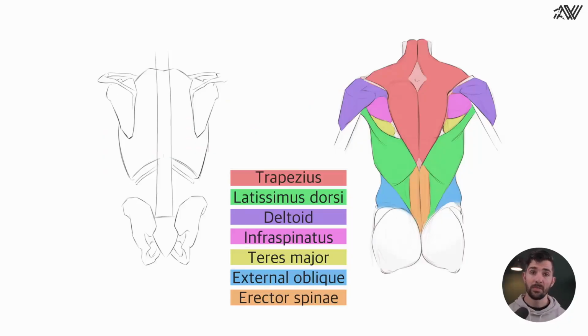When we look at this from top to bottom, we see the trapezius on top, a sort of large diamond-shaped muscle that covers a large chunk of the back. Then we have the deltoid muscles that connect between the scapula bone, the clavicle, and the humerus. Next is the infraspinatus muscle that covers a large portion of the scapula bone, the teres major muscle that works with the latissimus dorsi to stabilize the humerus and scapula, and of course the latissimus dorsi itself, a rather thin